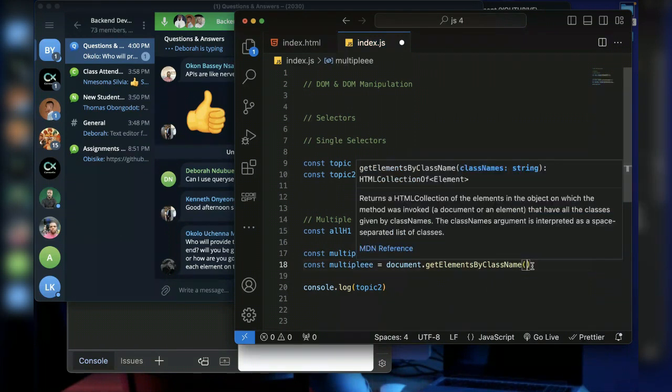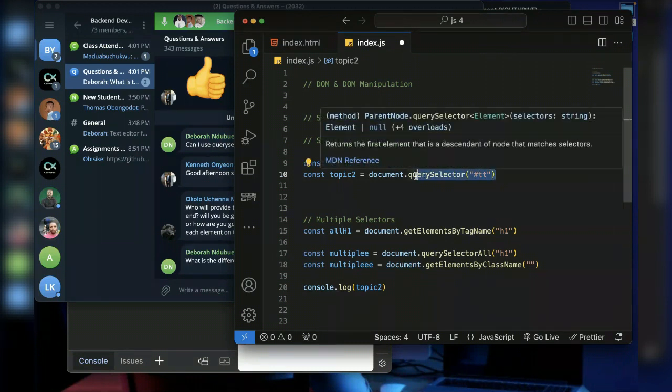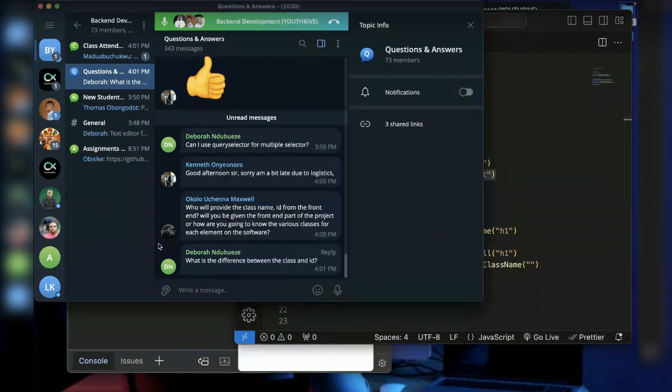So you can either get all elements by the class names, or you get all of them with query selector and you pass in their class name here. Now you can use either by ID, or you use query selector, or you can switch between the two of them, or use any one you want.